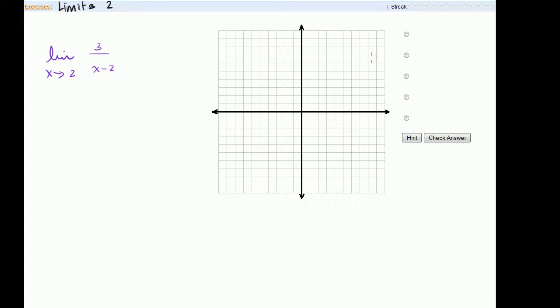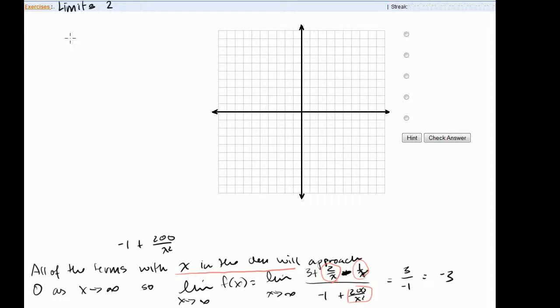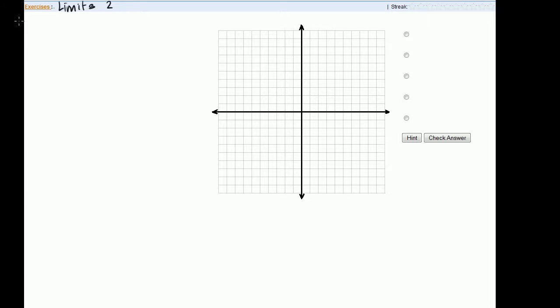And so this one, if you were to graph it, we could put a question mark, equals question mark. And regardless of whether you graph it or not, on the problem you could write it this way. Actually, this would be even better. We could say f of x is equal to 3 over x minus 2. And you could switch it up however you want. Limit as x approaches 2 of f of x is equal to question mark. And then you could say approaching